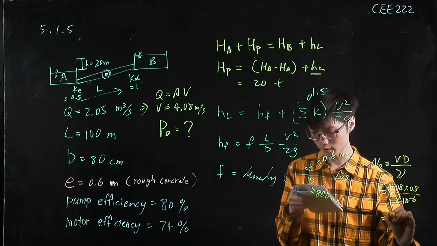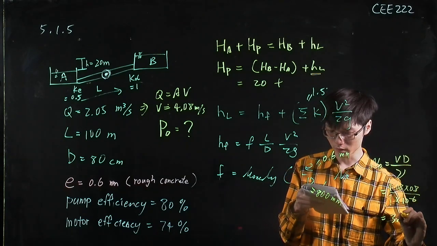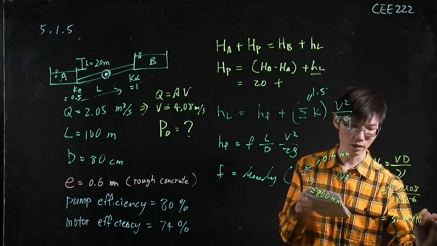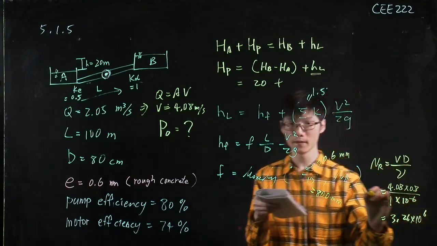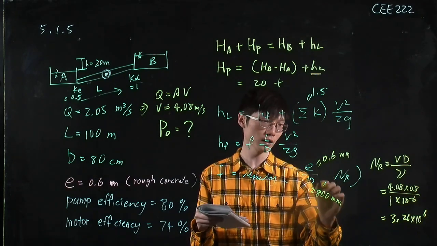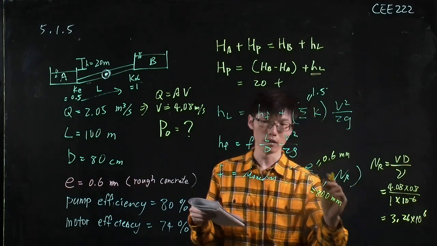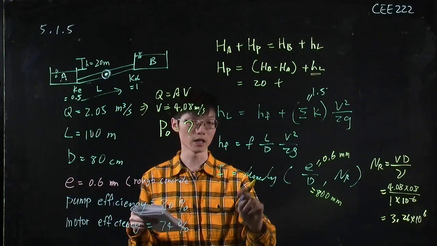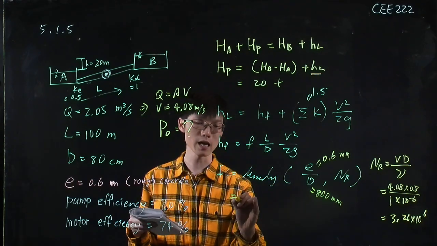Then the Reynolds number is 3.26 times 10 to the power of 6. You use this information and the roughness to search on the Moody diagram, and you can find the factor F